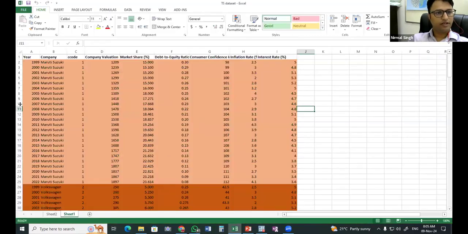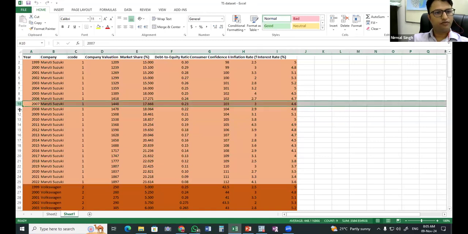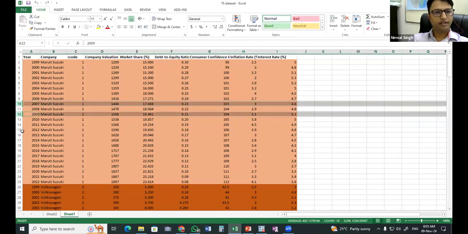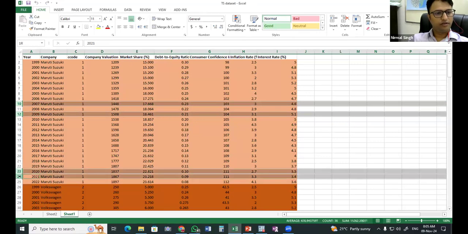So for example, in the years 2007 to 2009 there was the global financial crisis, or maybe in 2021 there was COVID-19, or GST was introduced, or demonetization was introduced. Because of that, there might be some impact on the valuation of the company in the longer run. If that is the case, then we have to segregate that impact.